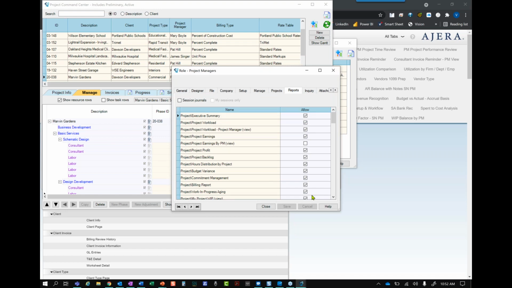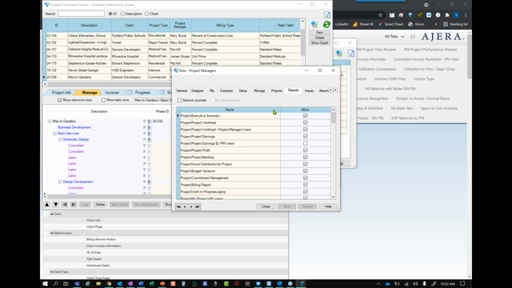That means that these project managers have reports that potentially have information you don't want them to see. Not every company is comfortable rolling out profit information to project managers. They would prefer to assess their performance on spent values. So it's important to know that some of these reports do have profit.